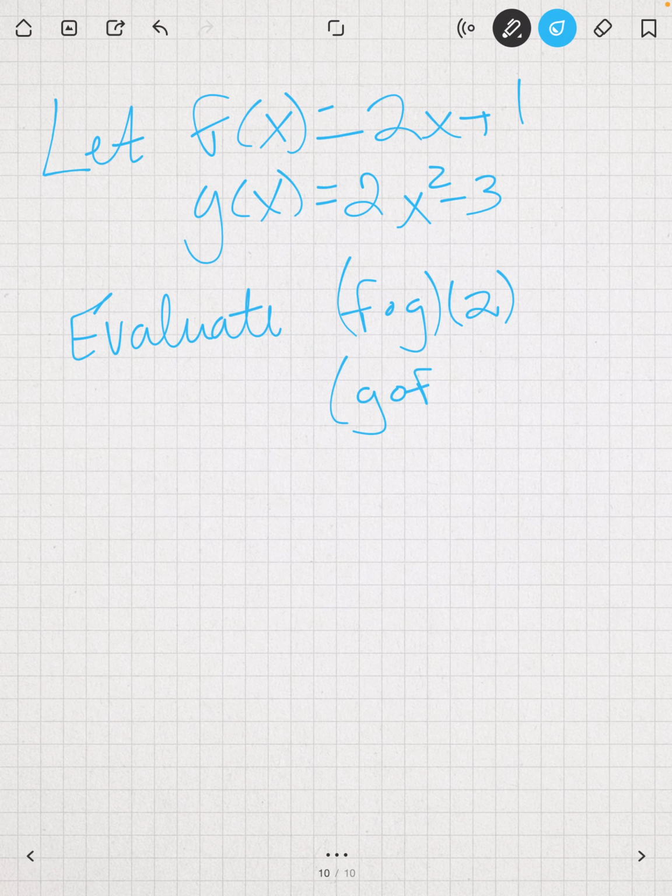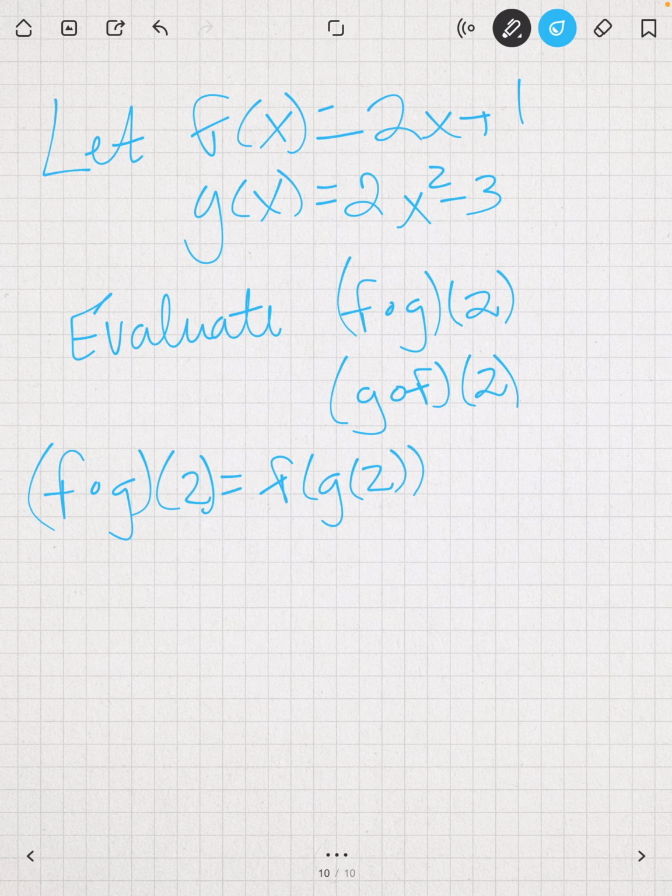G compose f at 2. Well, f compose g at 2 is f of g of 2. And so if we drew we have two options, right? We can evaluate g at 2 and then substitute that in. So here we can just say g of 2